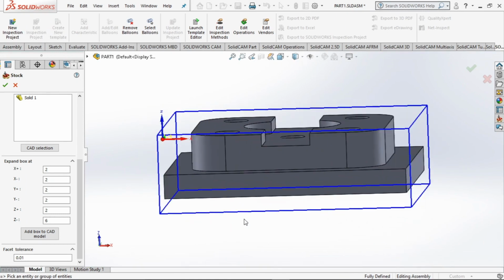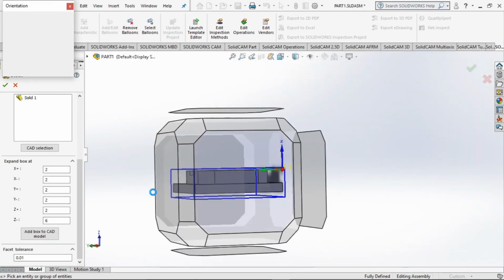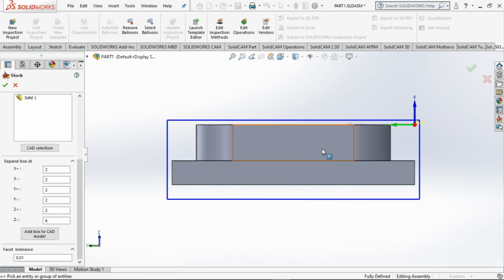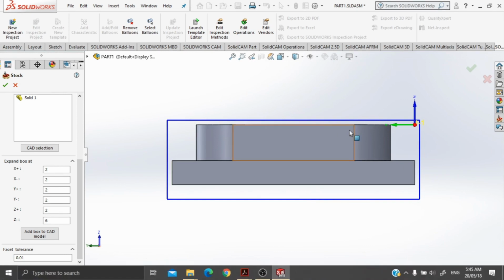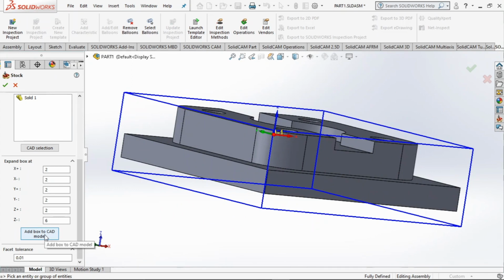So you can see in Z, plus Z is 2, and minus Z is 6, and then X plus is 2 and X minus is 2. So likewise in the Y direction it is plus 2 and minus 2, right? Okay, then we are ready to go, and we have to add this box to the CAD model,